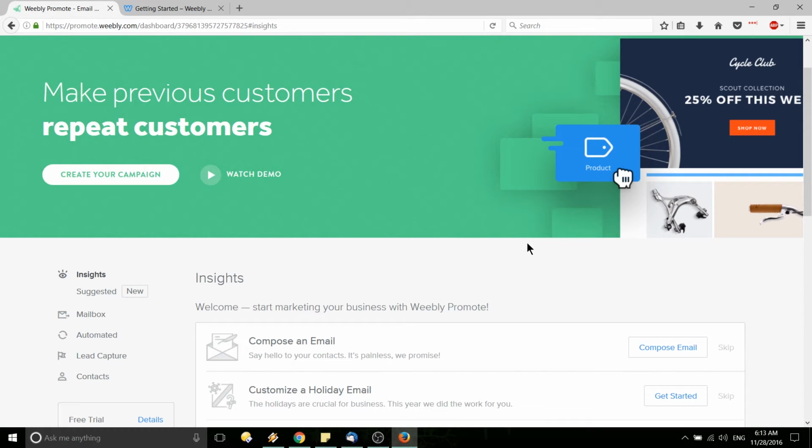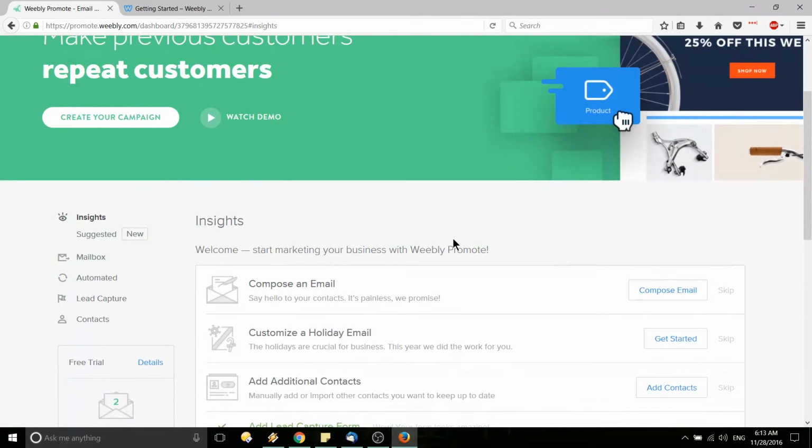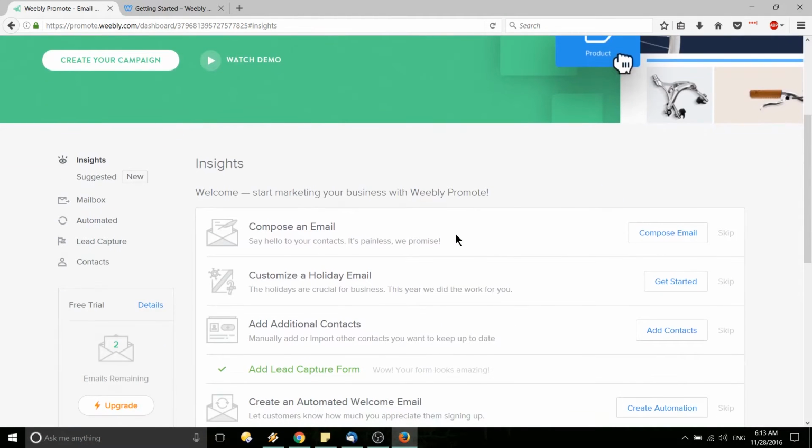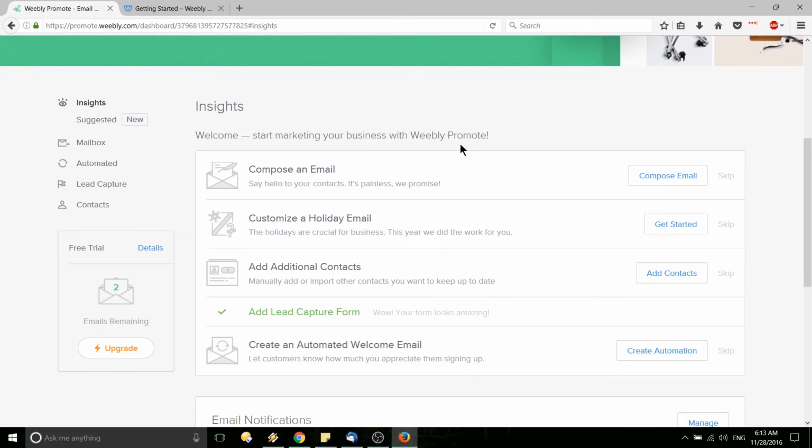So how Weebly Promote is different is that Weebly, as a self-contained website package that doesn't really require a lot of external plugins, basically takes that functionality and has it built into Weebly directly, which I think is really cool. The less third-party stuff you have to integrate with your own site, I think the simpler it's going to be overall. So if we look down here at the Insights section, we can see that we can do a